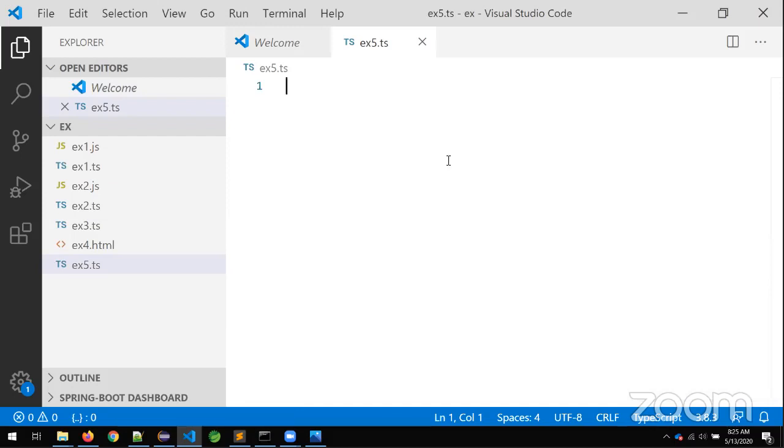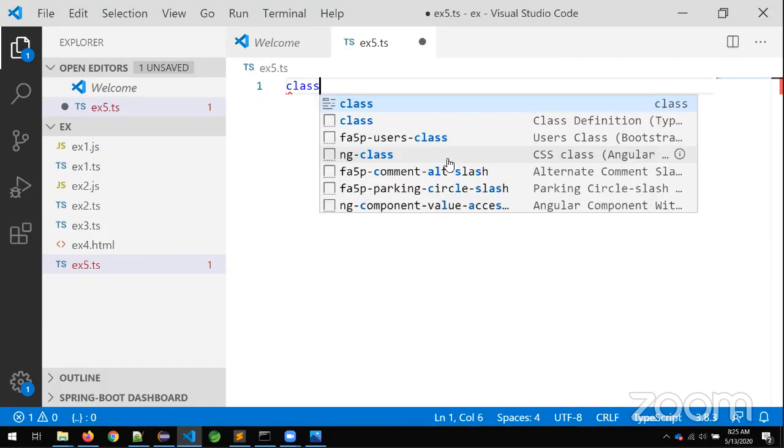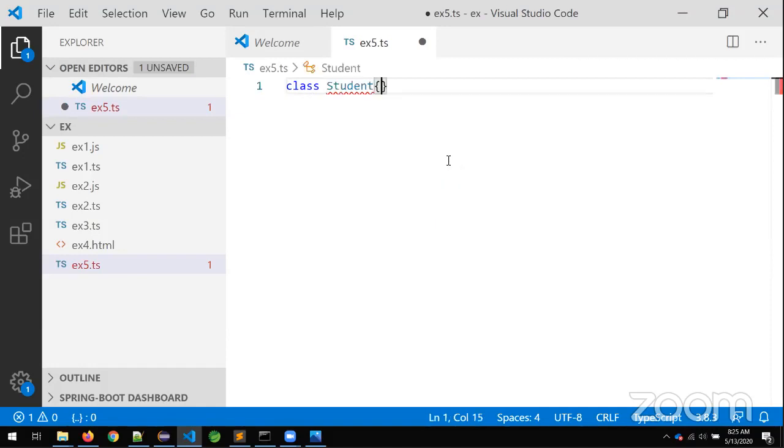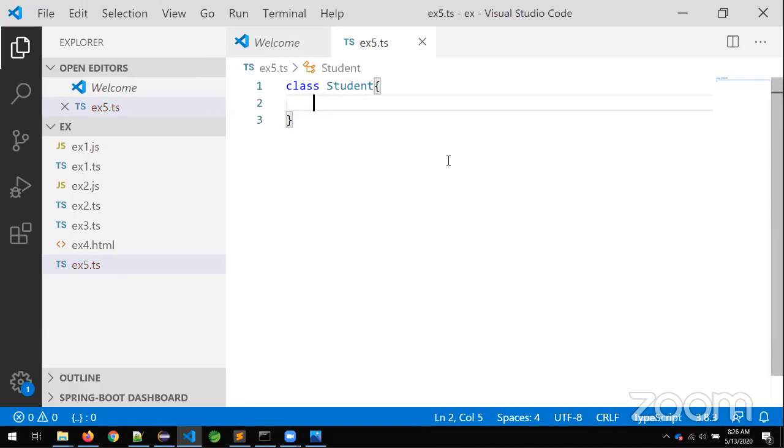Now I am asking, observe the class. What is the class name I am taking? Student. Now for my project, every student needs three containers. What are the three containers, sir? ID. Now tell me, what is the data type I need to take for ID? Number. What about the name, sir?